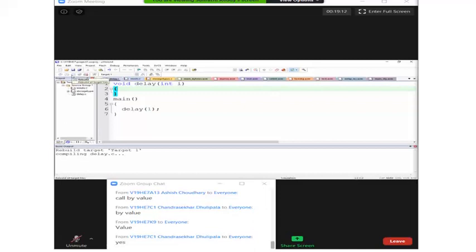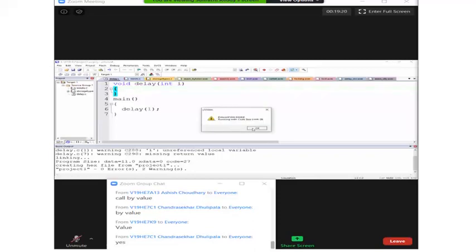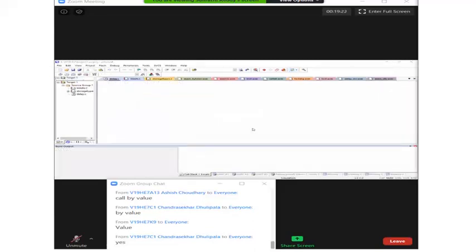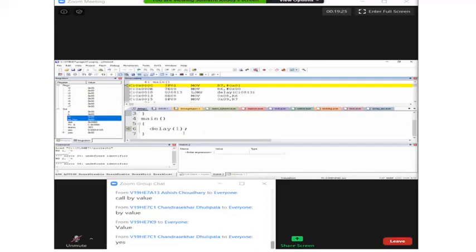But see here, because I have taken an integer which is of 2 bytes, how will this 1 be represented in the 2 bytes? 0, 0, 0, 1, right? Lower byte is kept into R7, higher byte is kept into R6.